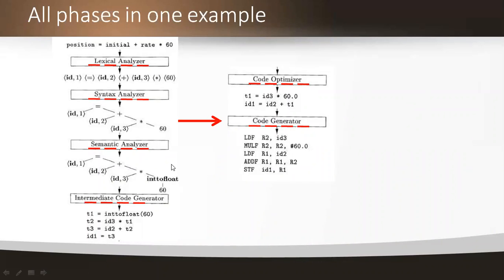Now here I am giving a clear meaning of what type the real number value is. So here I am defining it as integer to float. After the semantic analysis, wherever I want to use this 60, I can clearly define it as float, int to float, or here I define it like 60.0. See here, in the multiplication operator, because it is a floating point value, it is 60.0. So while performing the semantic analysis, I gave the meaning of the real number value: it is an integer data type converted to floating point data type.